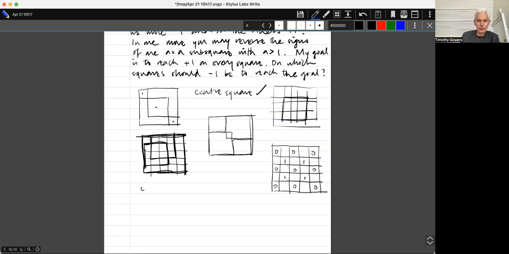So let's just have a look at my options. So 0s and 1s. My options are either one of each, that's if it's a 2 by 2 square. If it's a 3 by 3 square, it can either be 4 and 1 or 1 and 4. If it's 4 by 4, then it's got to be 4 plus 4. And if it's a 5 by 5, then it's got to be 9 and 4.